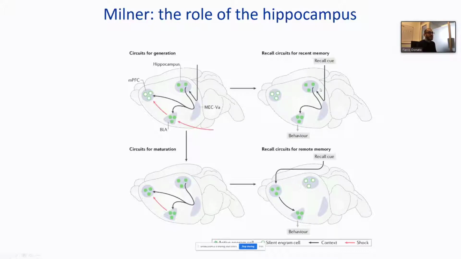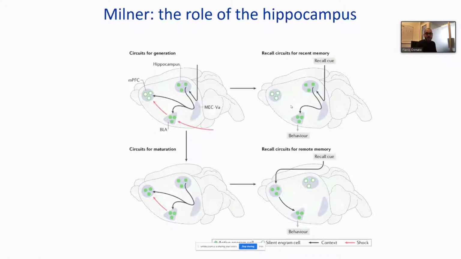This goes very well hand in hand with the data coming from amnesic patients, which show that the hippocampus is important for the creation of every memory, but is important for the recall of memories that happened recently, and then becomes dispensable if you want to recall memories that happened further back in time. And again, this is a very strict oversimplification because it might not be entirely true for all types of memory. It also depends on the number of details, vividness, emotional attachment, and so on and so forth.